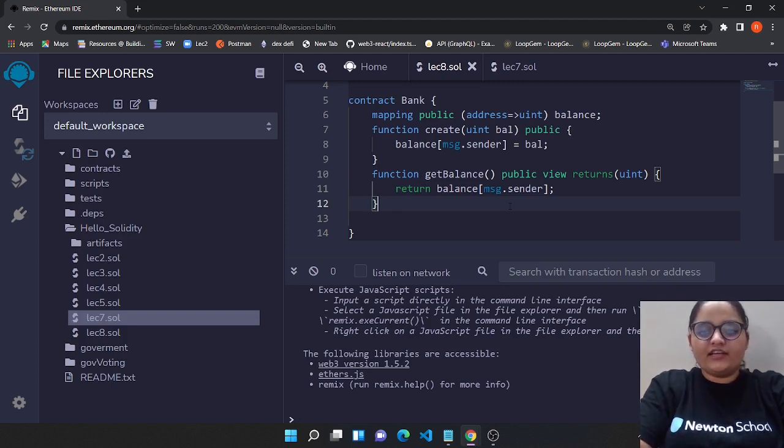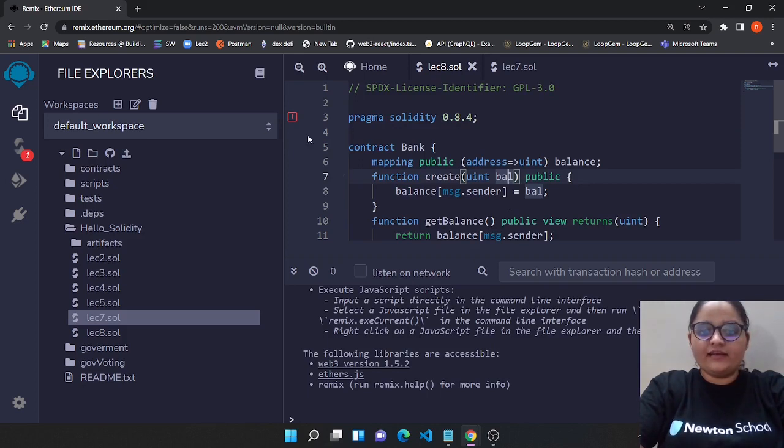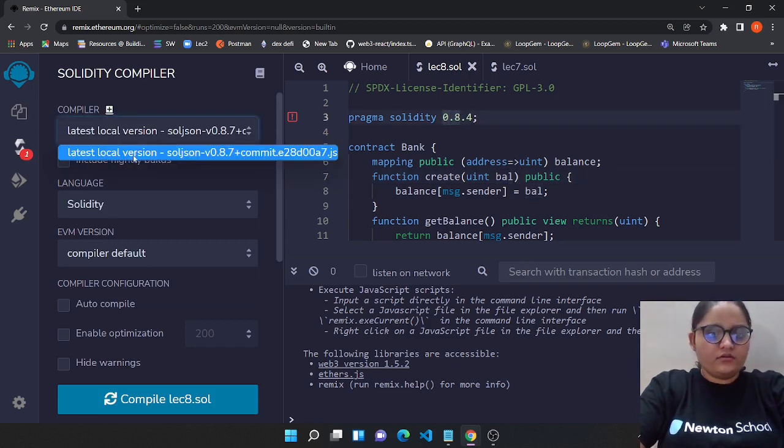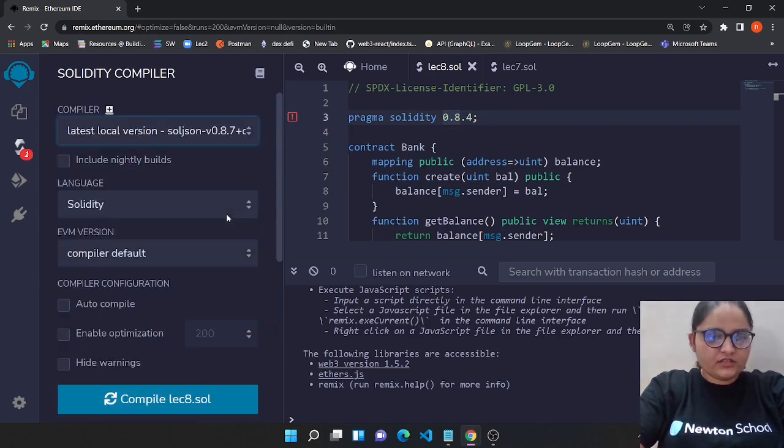Now we could simply compile our program, and it gives us some error. We are using a different compiler instead of the one that we want to use. What's the issue with the compilation?